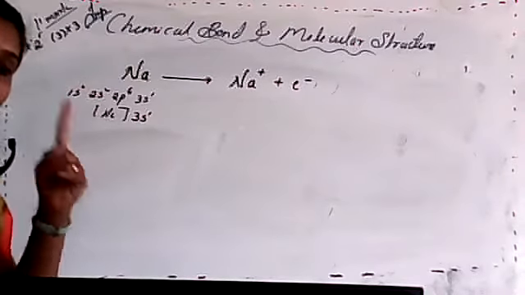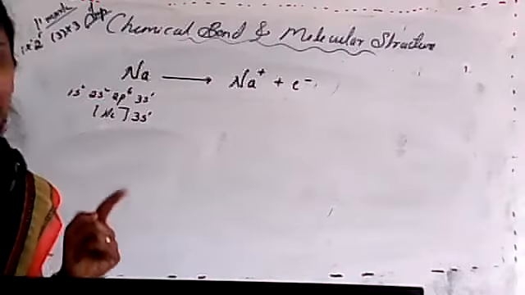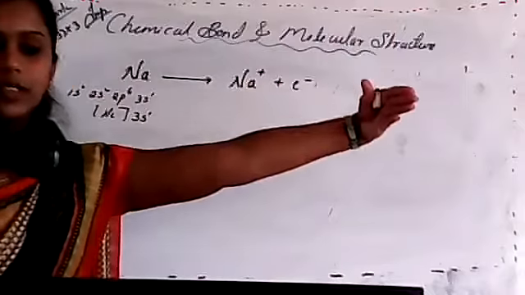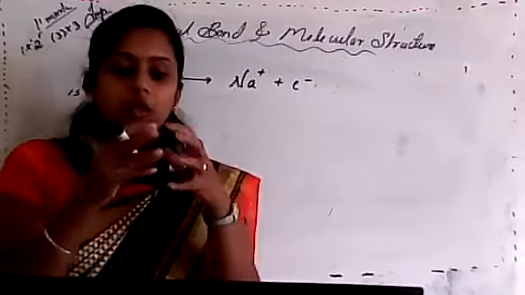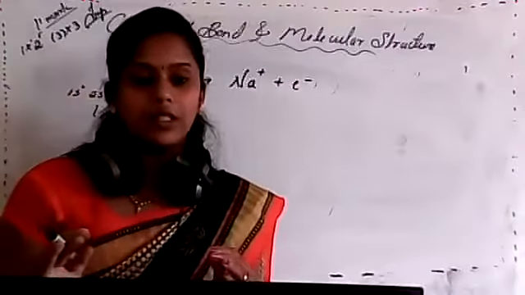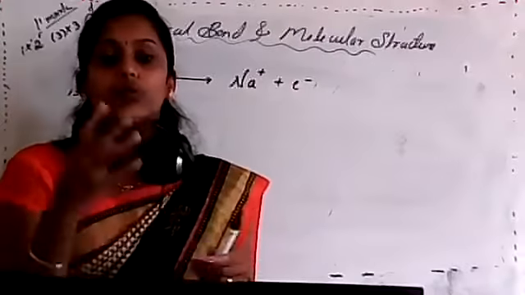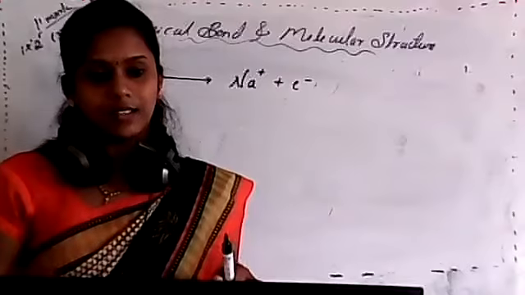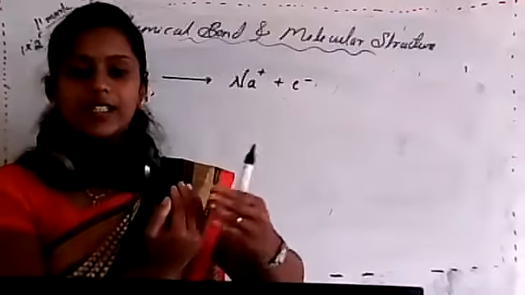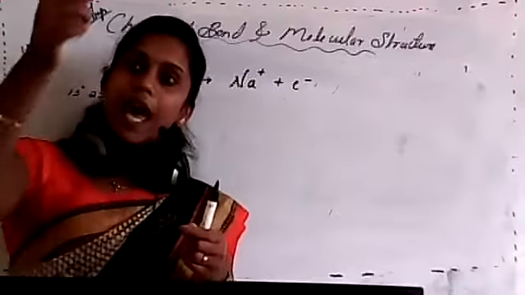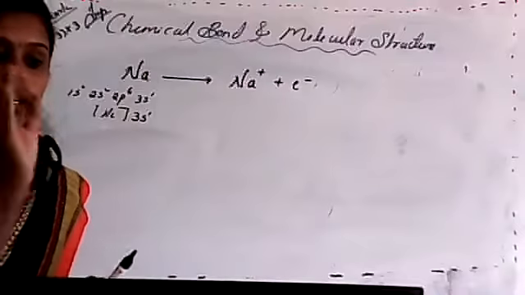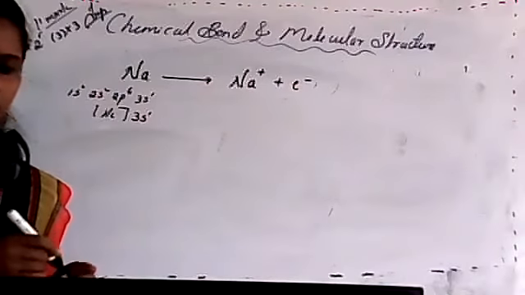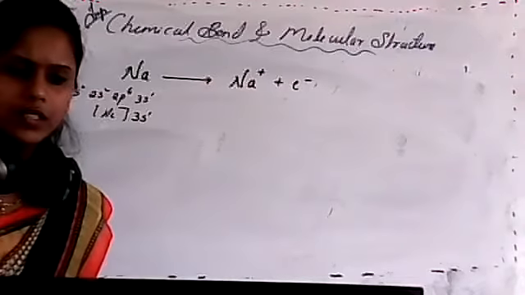And for this we give one reason, isn't it? Shielding effect or screening effect. That means as the distance between the nucleus and the electron increases, the effective nuclear charge experienced by the electron from the nucleus decreases. That means the force of attraction decreases, so we can easily remove that electron. If you consider a first-shell electron, what will happen? It is strongly held by the nucleus.